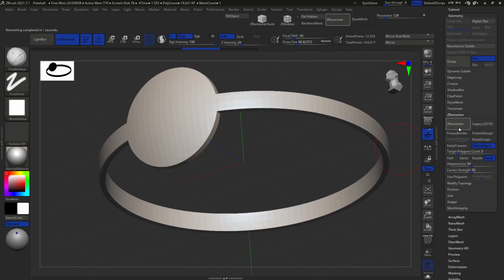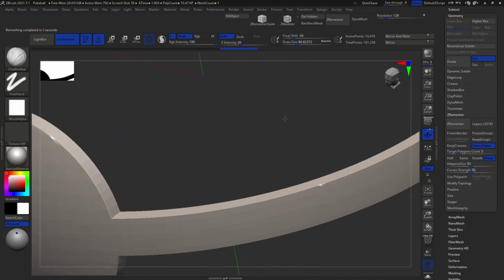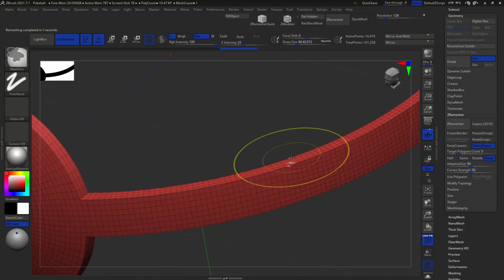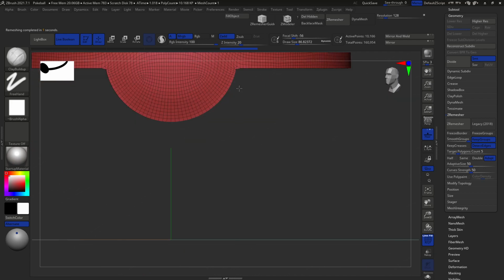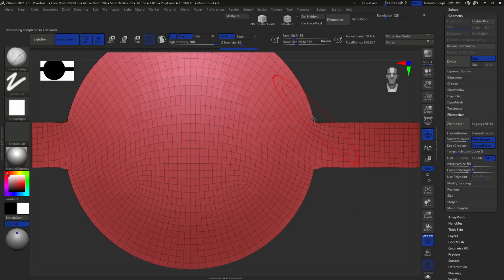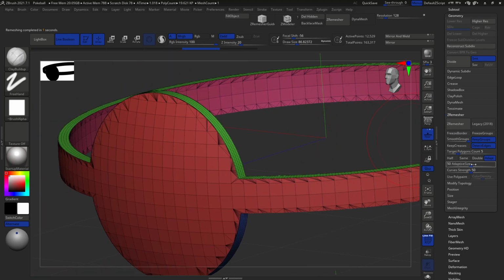So let's try turning on symmetry, and let's see if that works, because this is supposed to be a symmetrical object, and we do have those little border edges. So I'm going to try and say keep groups, and let's see if that works. There we go. That works a little bit better. Now we have some weird corners over here, which I don't particularly like. We can of course increase the poly count for now. Let's try an 8, and let's say